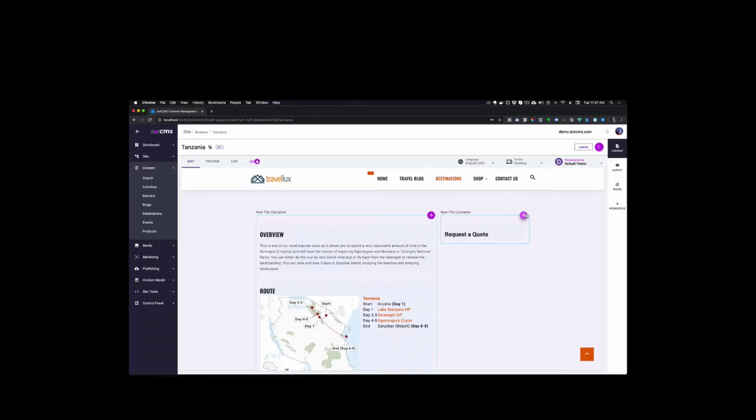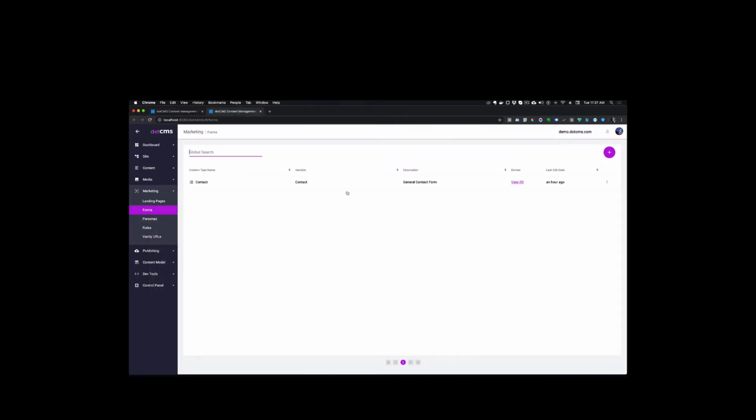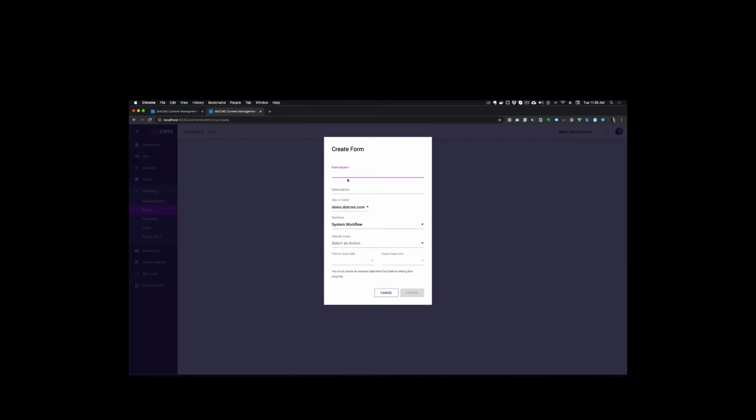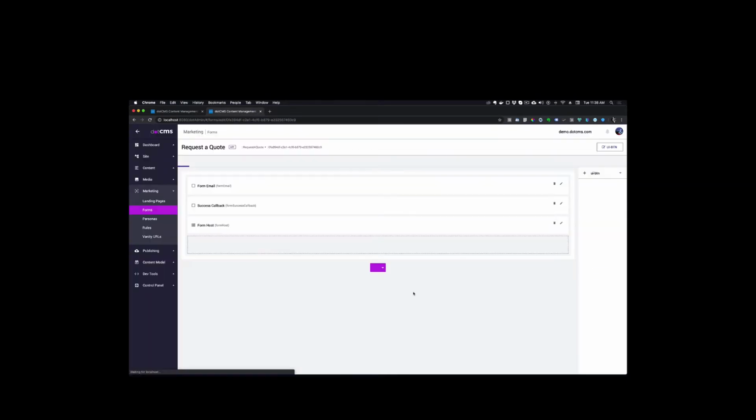Now I'm going to add a form. So what I can do here is go to marketing and forms and create a new form, and so I don't have to leave my page, I can just open this up in a new tab, and I just want to show you where you can create new forms. So to create a new form, you just simply click here, name your form, request a quote, and create,